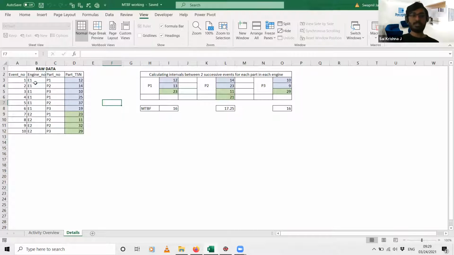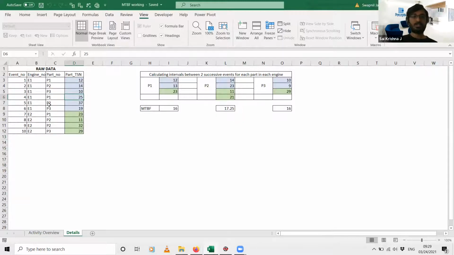So this line essentially means that in engine 1, part number 1 has failed after 12 hours. In engine 1, part number 2 has failed after 14 hours. In the same engine 1, part number 3 has failed after 10 hours. Then again, in the same engine 1, the same part number 1 first failed at 12 hours, and after that it failed at the 25th hour.